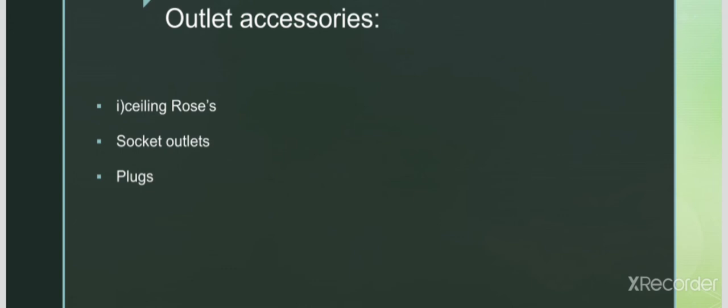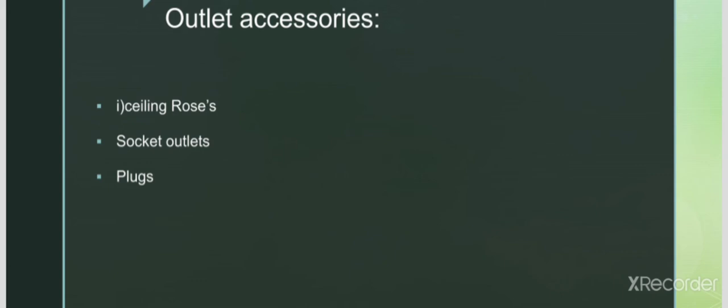The next classification is plugs. Plugs are used to take the supply from the socket outlets for electrical appliances like lamps, fans, heaters and so on. And these plugs can be classified into different types like 2-pin plugs and 3-pin plugs.